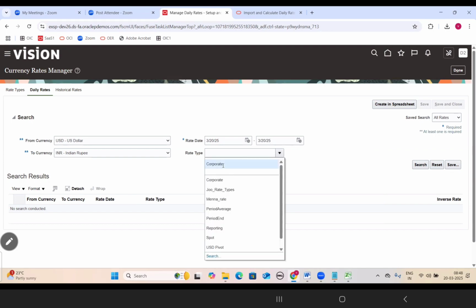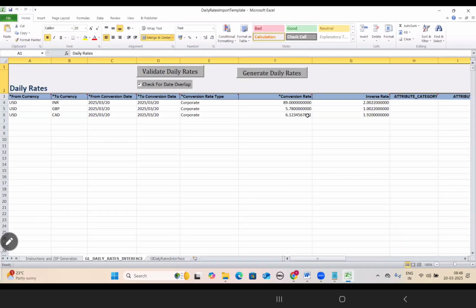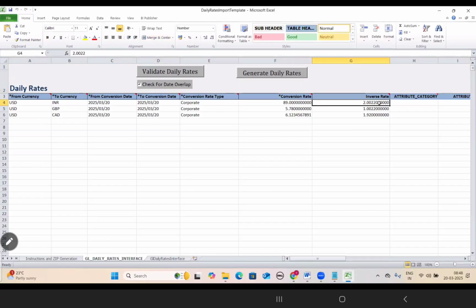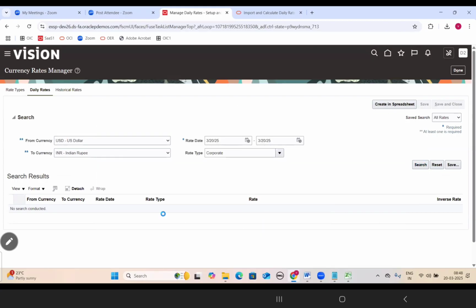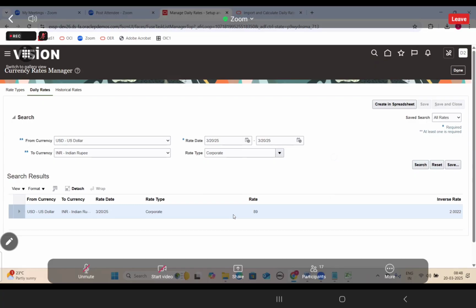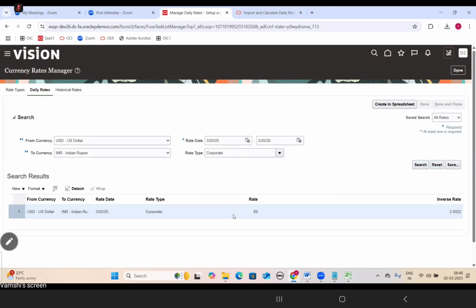Which is corporate. So what is the amount I have given? USD to INR, conversion rate 89. Inverse rate 2 rupees, $2 I can say. 89. Changed or not? No. Yes. But